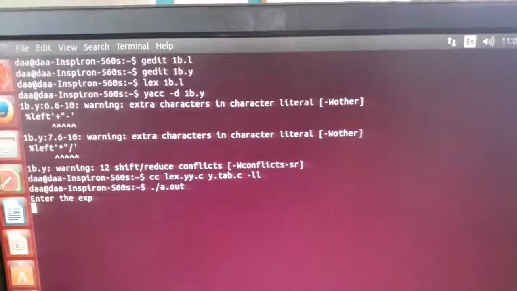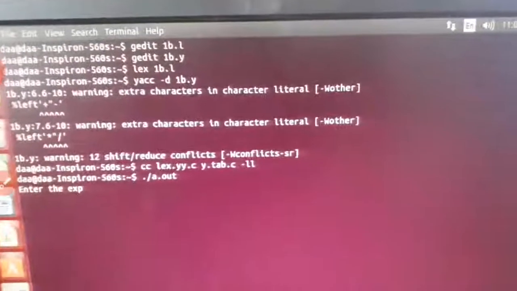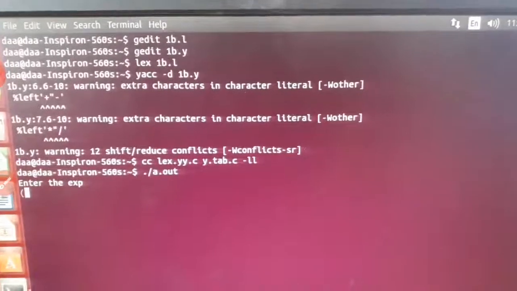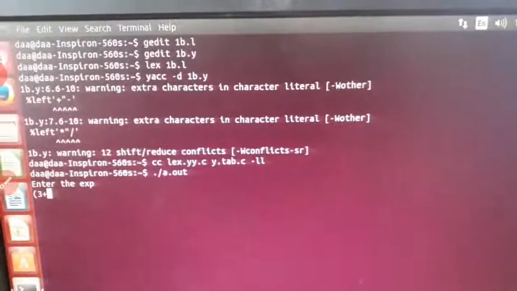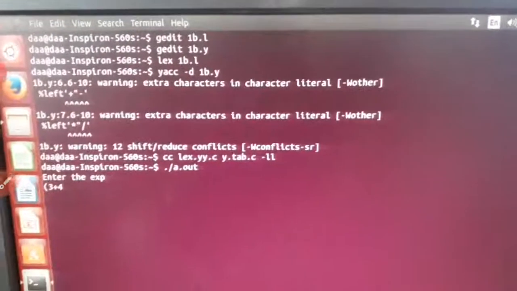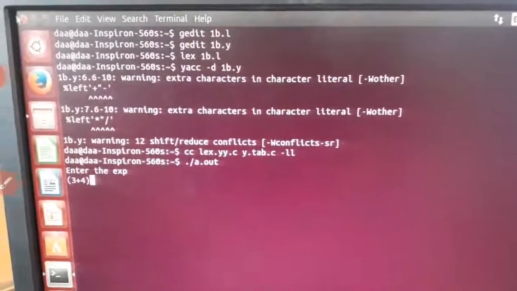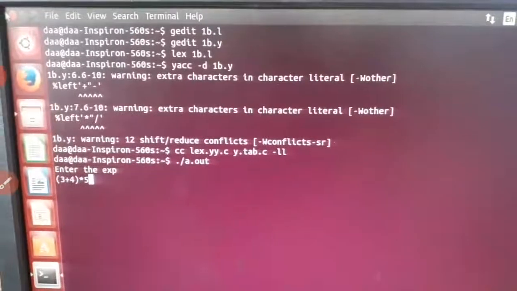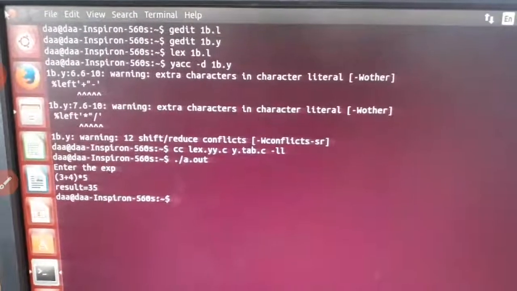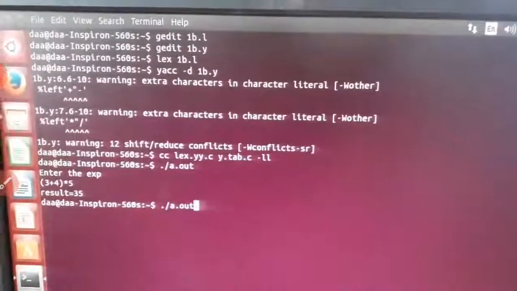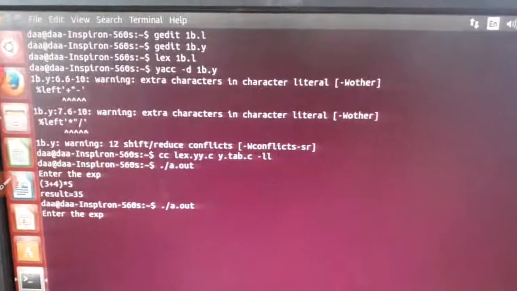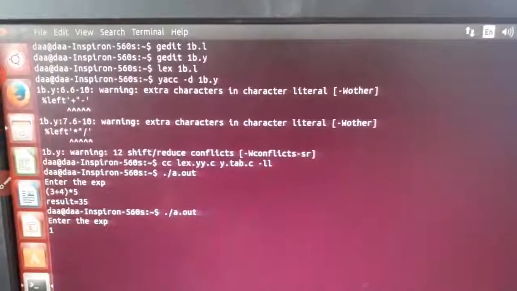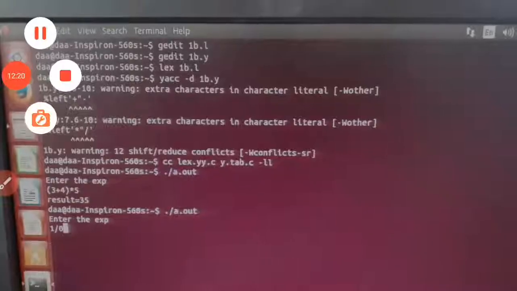Then after that we get Enter the expression, then enter any expression. So 3 plus 4 into 5, so the result is 35. The expression is correct. Suppose anything is divided by 0,